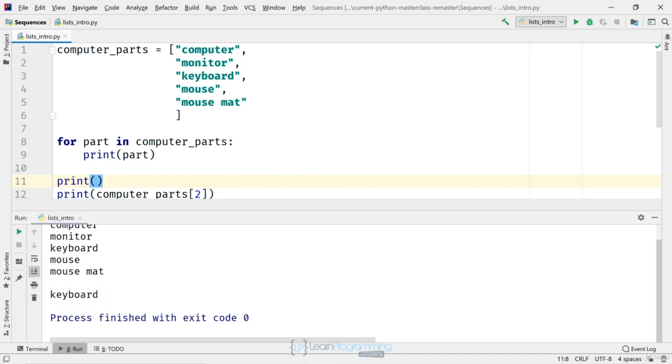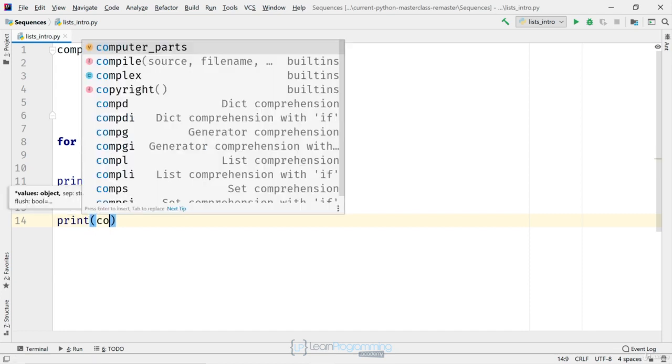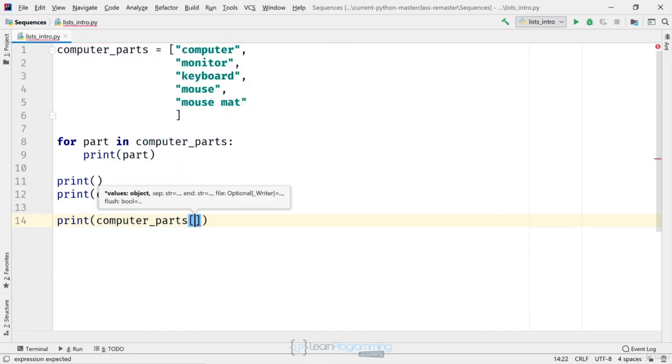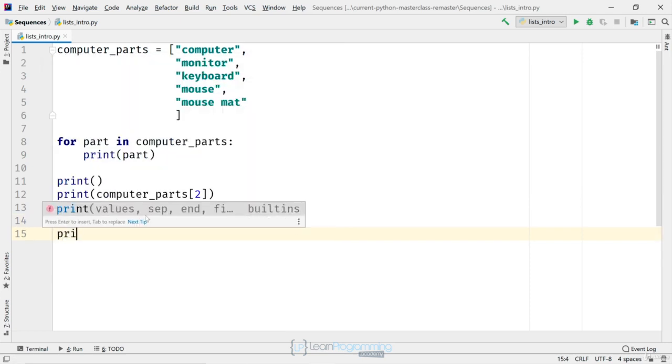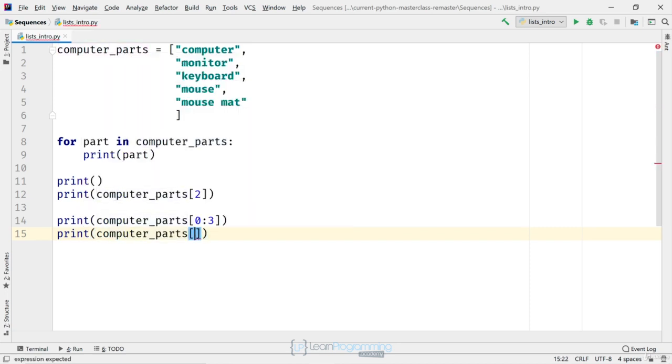Now you can also slice a list, and that works exactly the same as we've seen for strings. What I'll do is print out a couple of examples to revise what we've already done. So print parentheses computer_parts left square bracket 0:3 right square bracket then right parentheses, and on line 15 print parentheses computer_parts left square bracket -1, then we've got our right square bracket and right parentheses. So if we run the program now,